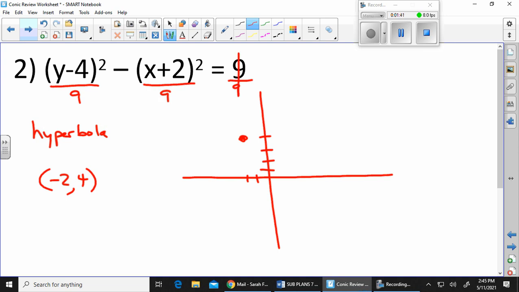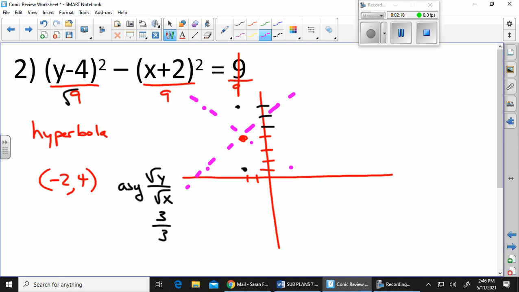Still doesn't change the center. But remember, it doesn't matter what your x and y numbers are. Whatever's first tells you, is it up and down or sideways? So since y is first, I'm going to go up 3, down 3, square root of 9. I need my asymptotes, square root of the y over square root of the x, 3 over 3. So if I count up 3, right 3, up 3, left 3, down 3, etc., put my asymptotes,